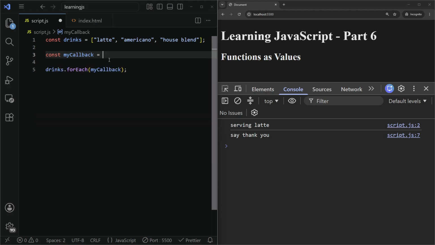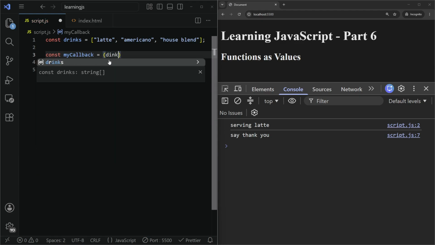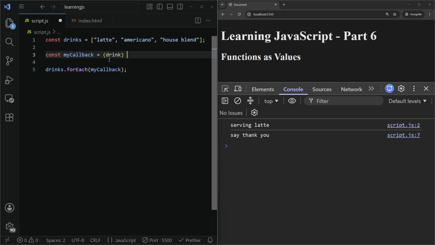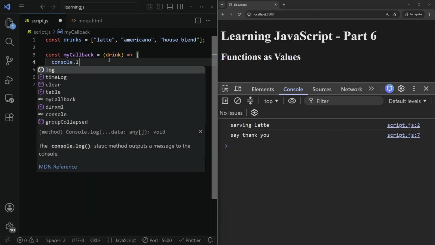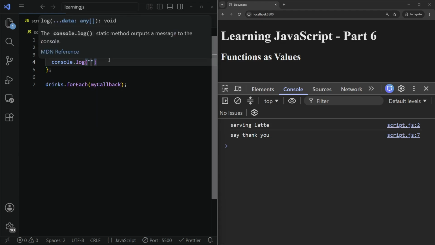Let me put it in parentheses. So it looks more natural, or for me at least. And then we're gonna do arrow. And then what are we gonna do with each drink? Let's just console.log making a